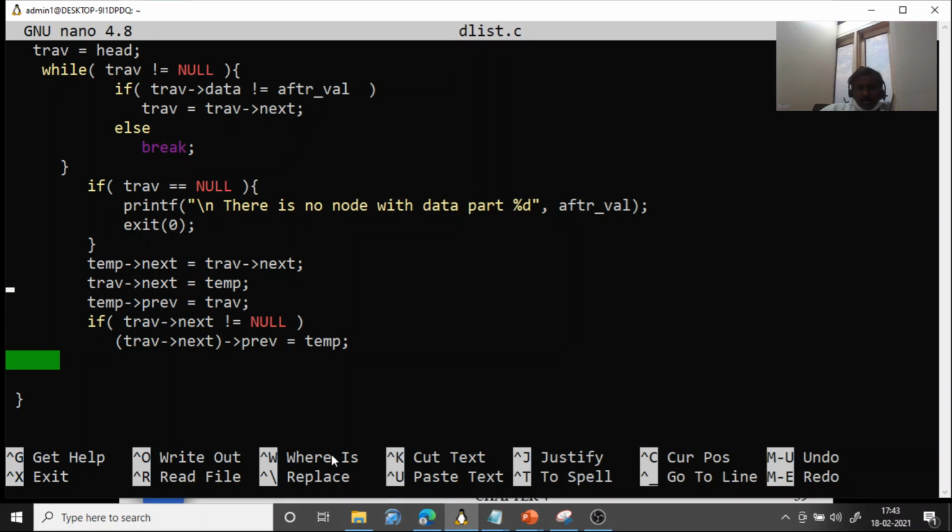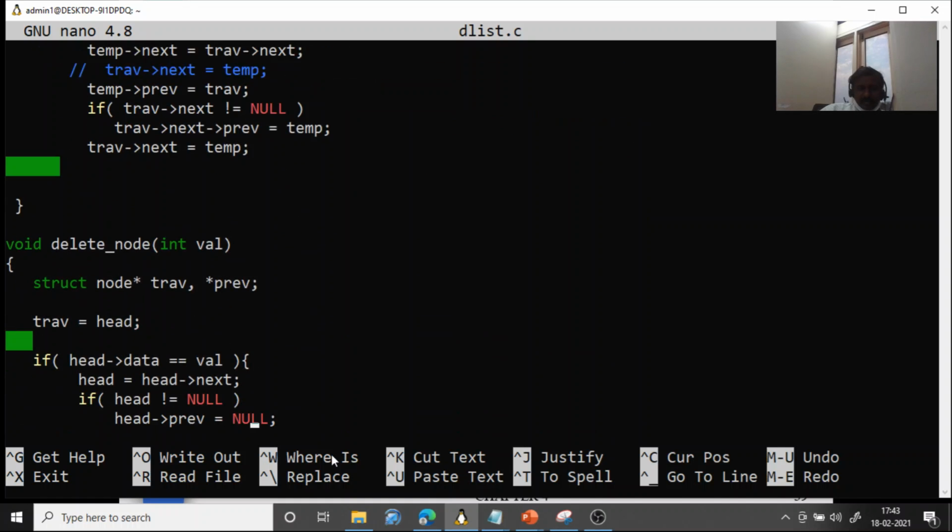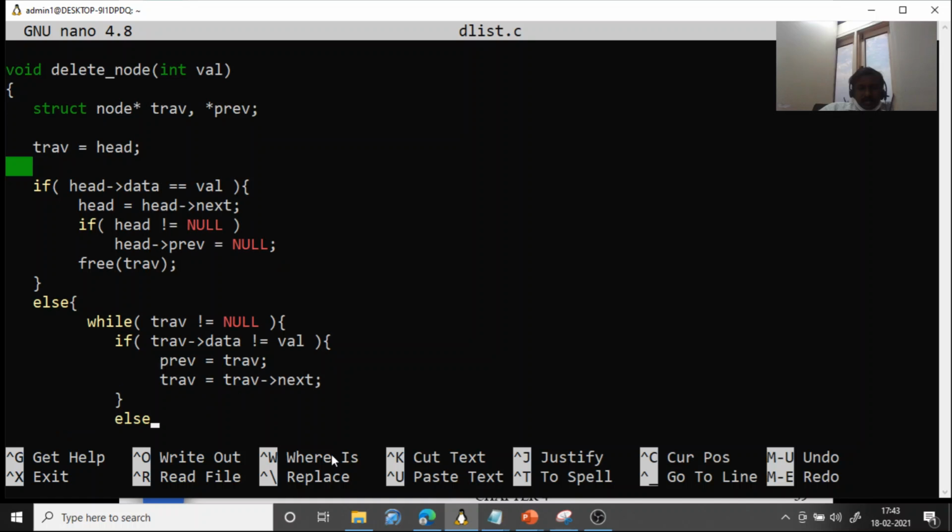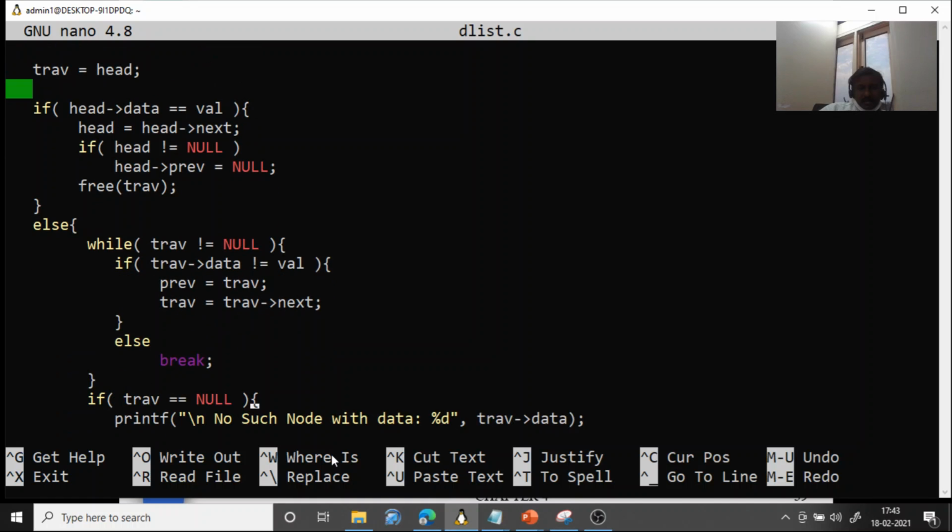It should come at last, because we are doing traverse arrow next arrow previous first. So this should come at last. So this is the code for deletion.